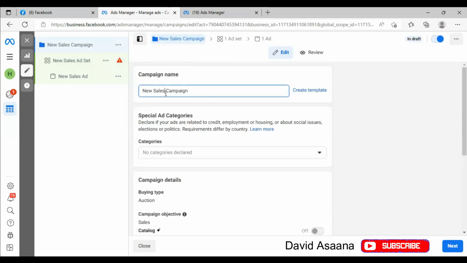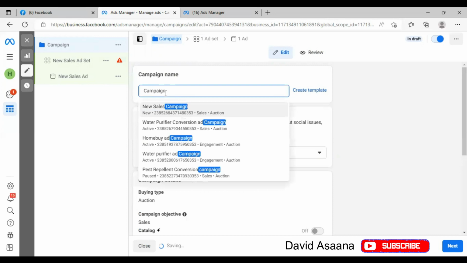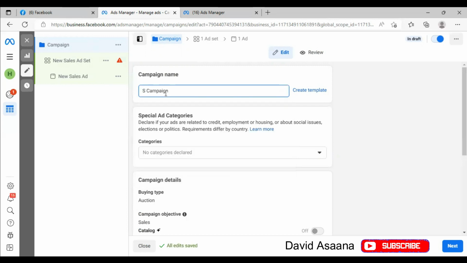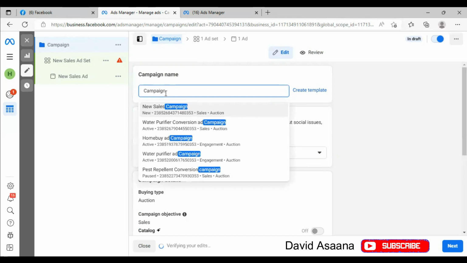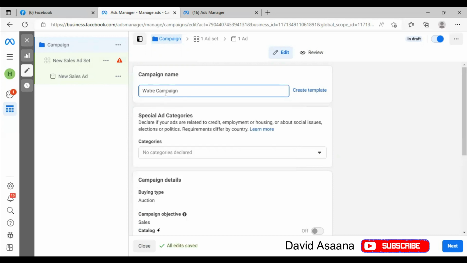So for example, I'm selling a product for my client, and this one is water purifier. So I'm naming it water purifier ad campaign. Okay,